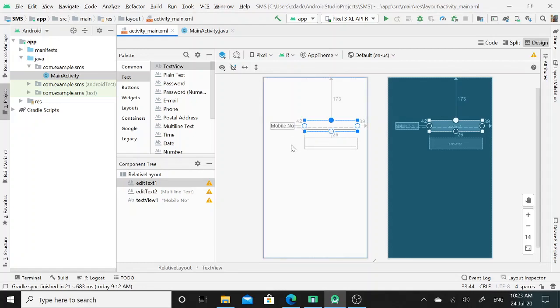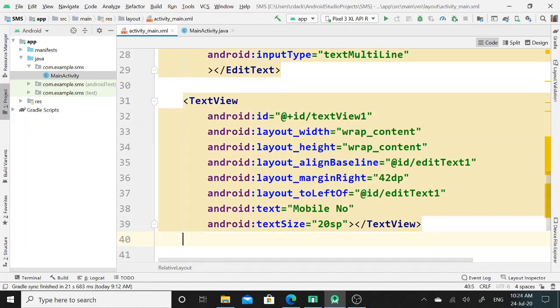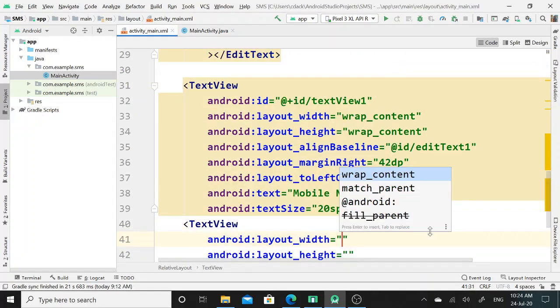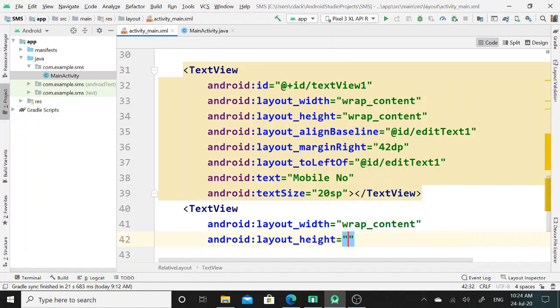Now again I will simply set the next text view over here to display the message, enter SMS. So again I will set wrap content layout width and wrap content layout height for this text view.